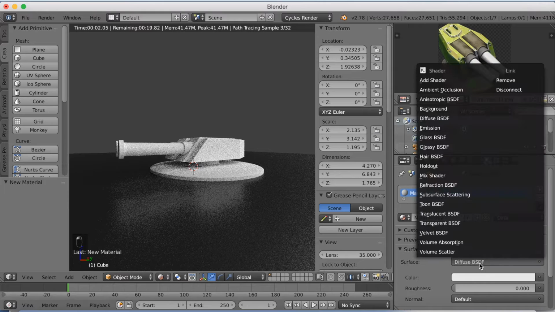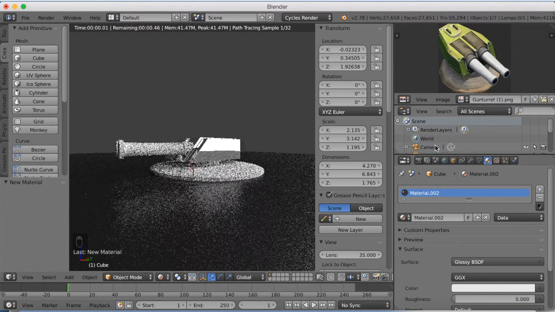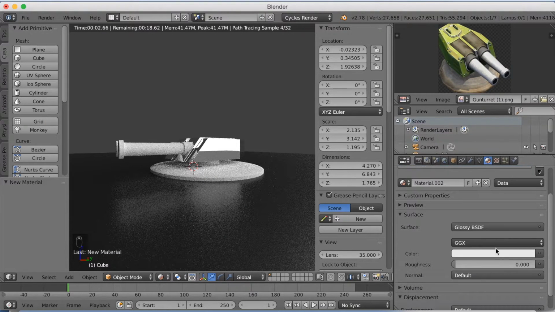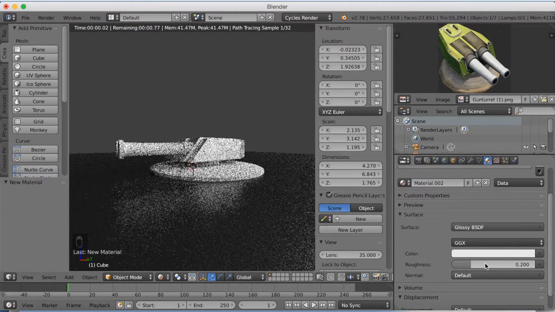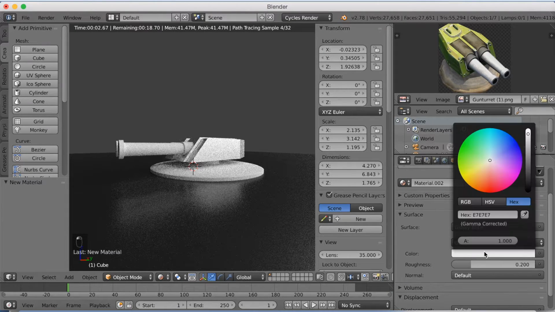And we're also going to make this one glossy. So select glossy material and then scroll down a bit, make the roughness 0.2 and make the color whatever you want, but I'm going to write in kind of a gold color code. So write in FFDE